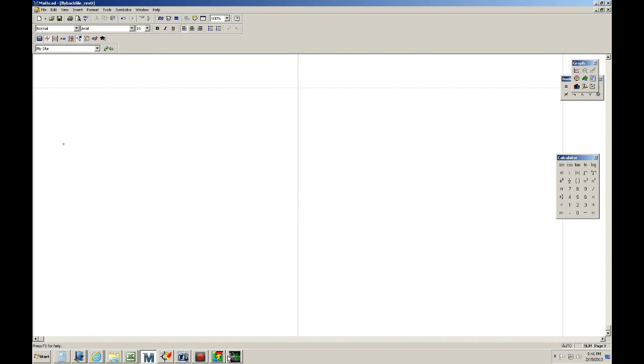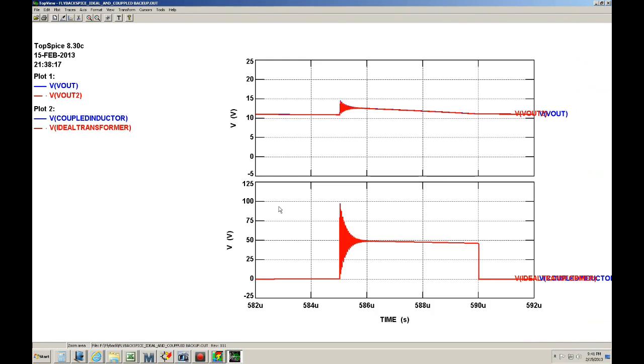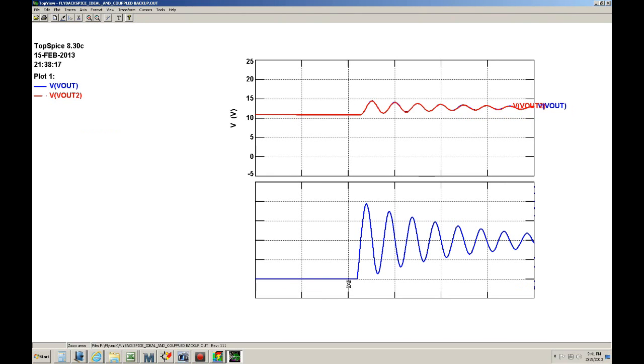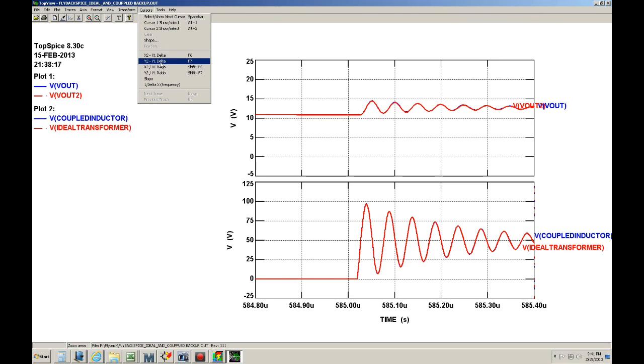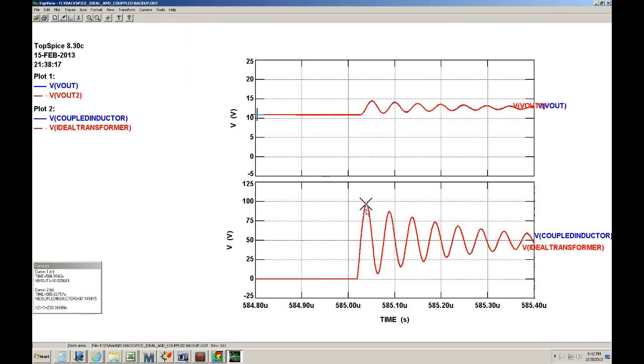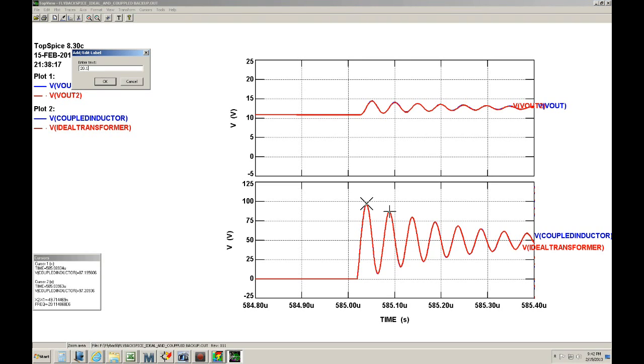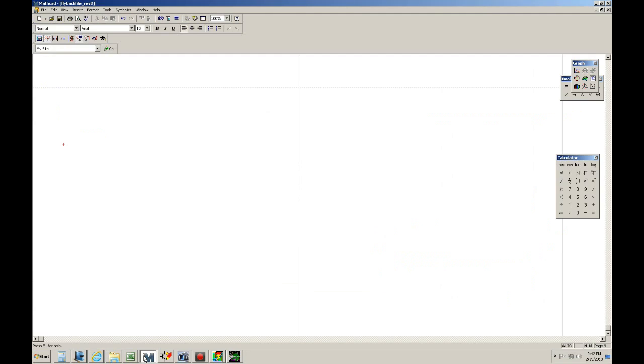Okay, let's go ahead and measure the frequency just to see if it's true, and I'll zoom in again just to be sure. Okay, so I'll put the cursor right there. And we get a frequency of 20.11 megahertz. Okay, so if we go to MathCAD,